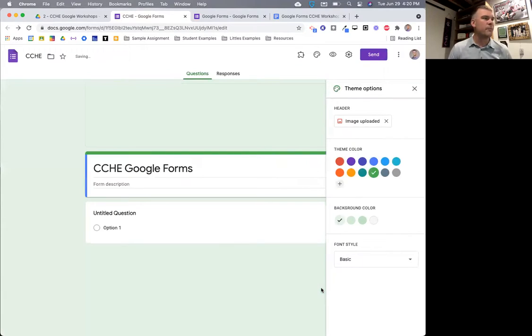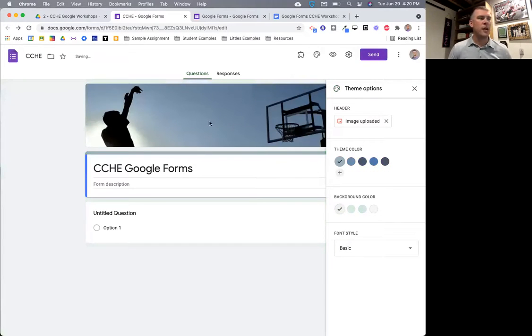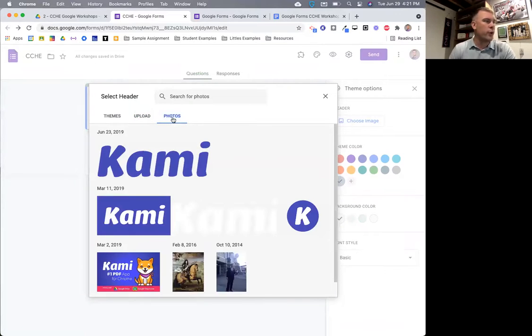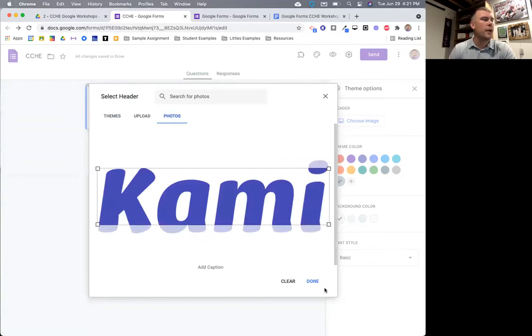And we hit insert. You can see that the header goes up here, but then also your theme color adjusts to your header. And that's true even if you put in your own. So if I wanted to put in my own image, I can upload my own image file from my computer, or I can go to my Google Photos and find my own image. Like here's a Cameo logo. So if I select the Cameo logo and insert it,